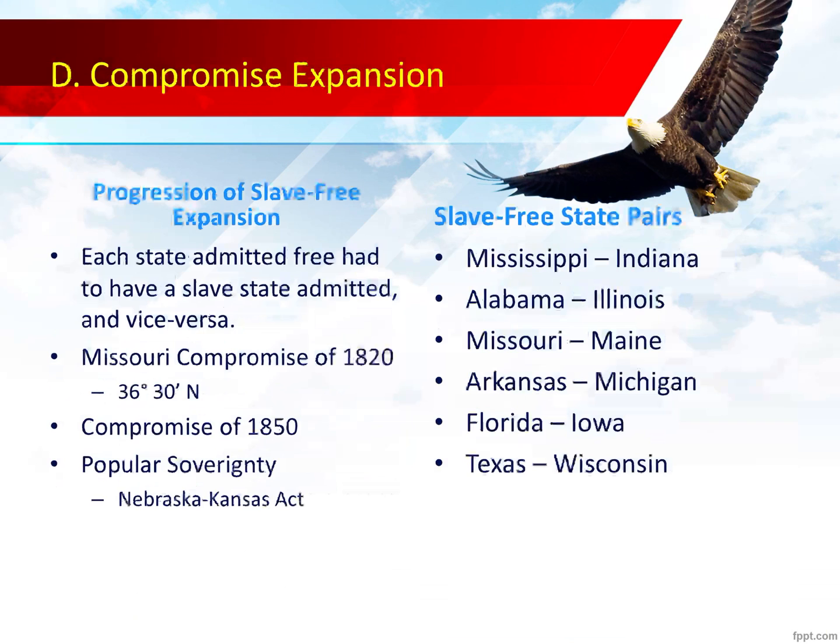And this was to keep a balance in Congress so that compromise could work at the federal level. All kinds of things were put in place. You had the Missouri Compromise of 1820, which said that all states south of the southern border of Missouri were going to become slave, and all the territory north of that would become free. But then we change our mind.